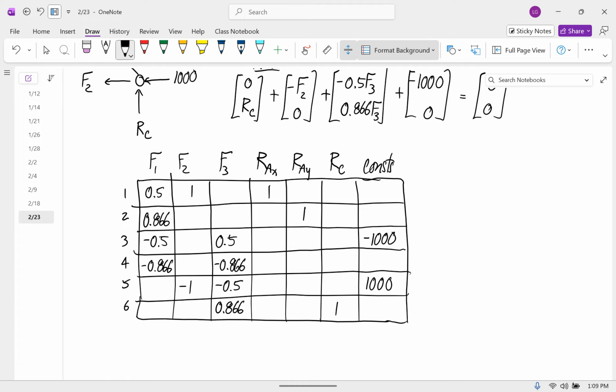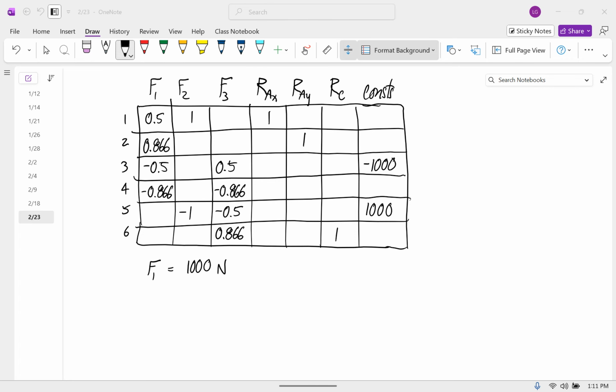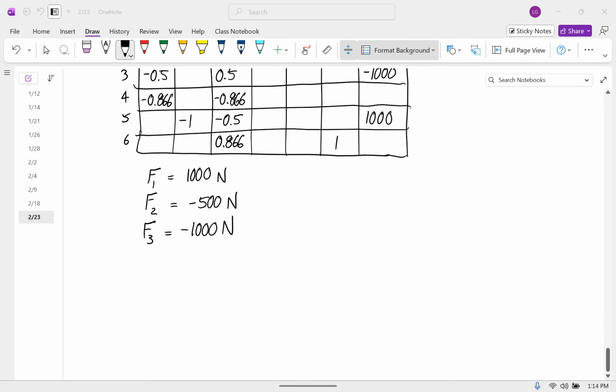So could you take a minute and do it? The answers are negative 500 for F2 and negative 1,000 for F3. All right, yay. So take 2 minutes from here and calculate those maximum shear stresses in each one of these members, okay? So, okay, we have these forces, and now